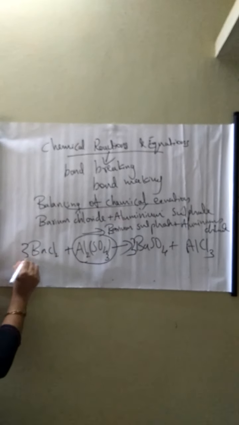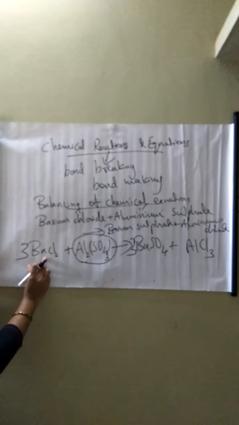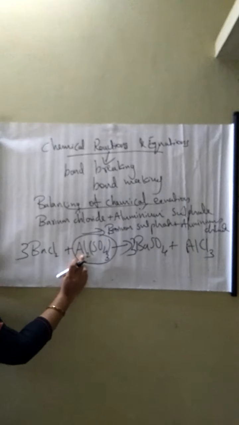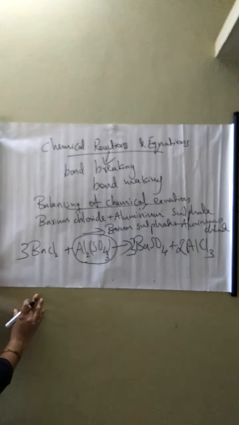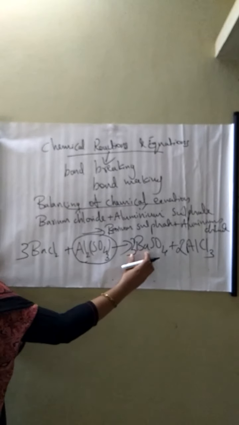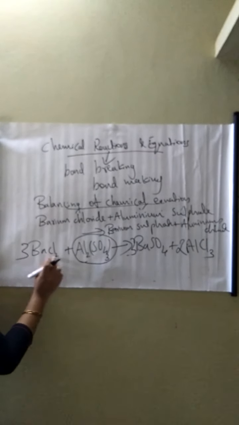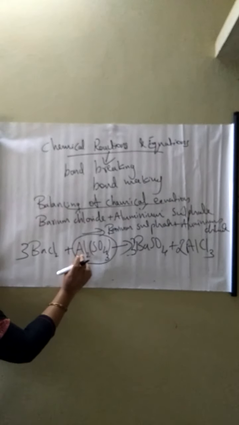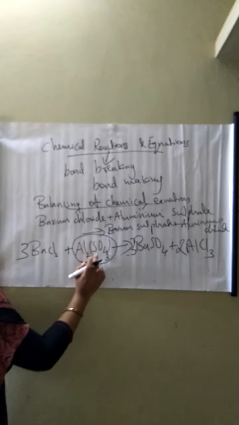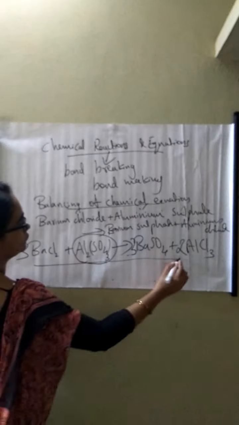Here also you can make 3 barium atoms. How many aluminium atoms on left side? 2. So right side also 2. So we can check it. 3 barium, 3 barium. 3 into 2, 6 chlorine atoms. 2 into 3, 6 chlorine atoms here. 2 aluminium atoms and 3 sulfate. So it's a balanced